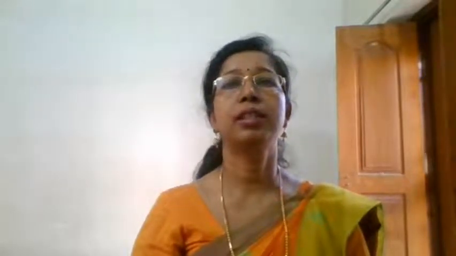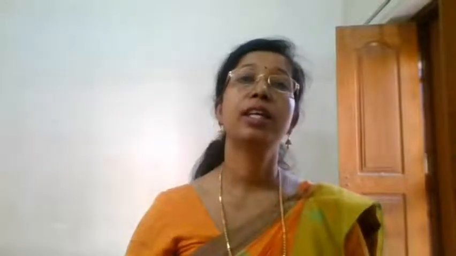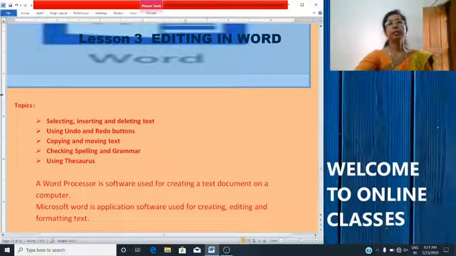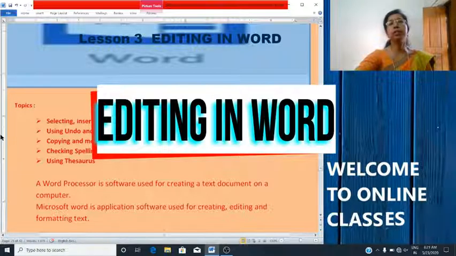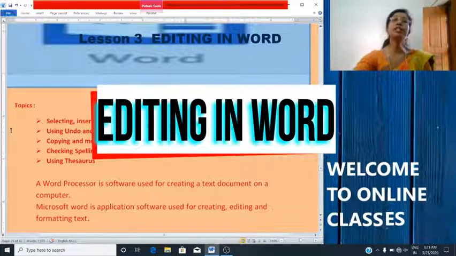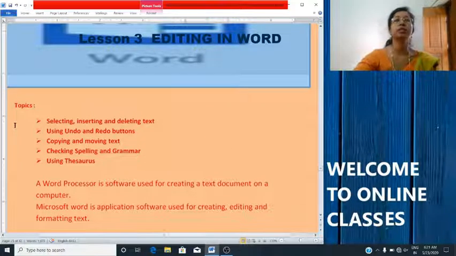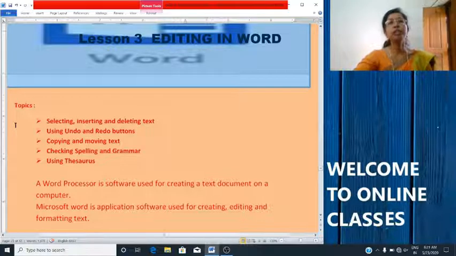Today we will start the new lesson. Lesson 3, editing in Word. Okay. In this lesson, editing in Word, we will be discussing the following topics. Selecting, inserting and deleting text in Microsoft Word.